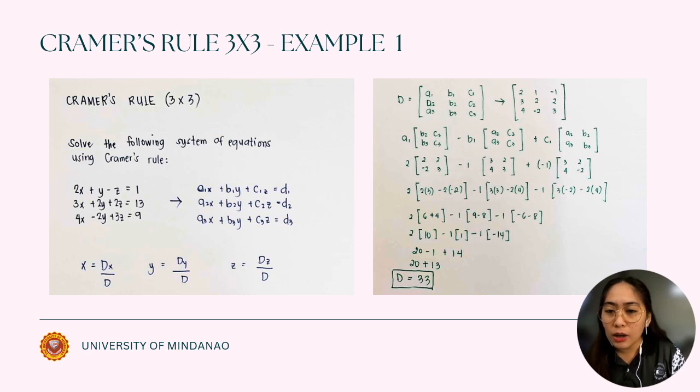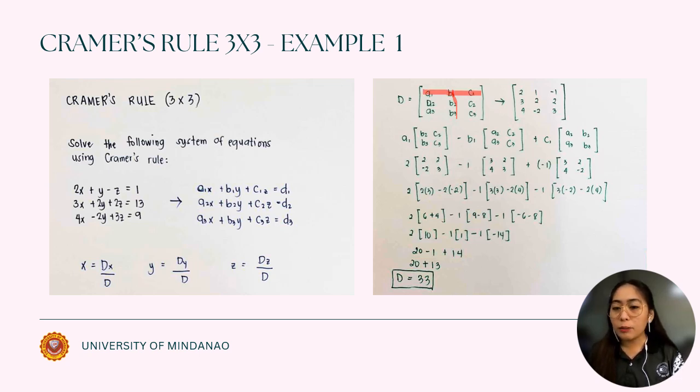Where do we get this? We will just cross out where the column and the row of the A sub 1 is located. So we will have this part. So you can see B and C part are just here, okay? So minus, always minus here, B sub 1. So where do we get the B sub 1? B sub 1 is just here, so we cross it so that we can know that it is from the row 1 and the column 2,